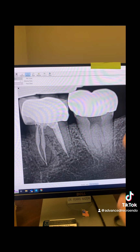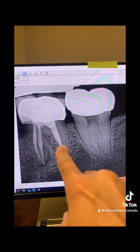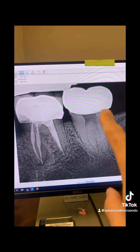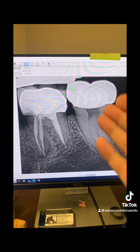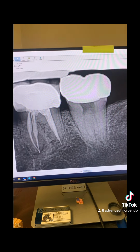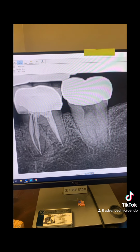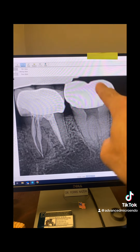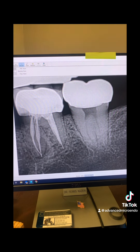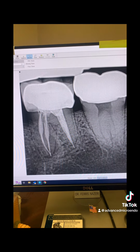All right, so in this case, I asked the patient, I said, okay, the tooth behind the tooth you're here for, you're complaining about pain to biting and to chewing, has a crown. How old is that crown? Patient said the crown on tooth number 18, the crown is about a year old. So right there, you got your answer. Very likely, tooth number 18 is the cold sensitive tooth, the tooth that's sensitive to cold, because it has a history of recent crown, and the tooth number 19 is responsible for the pain in the jaw and pain to